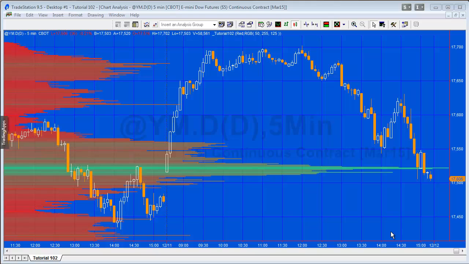As you can see on the chart I have open here, it's a 5-minute mini Dow, and what we're doing is drawing the lines from left to right, the longest lines representing the levels where the most number of ticks occurred. And what we're also doing is coloring the lines, so you can see the longer ones are green and the shorter ones are red, and we're varying the color between them, and those colors are going to be user